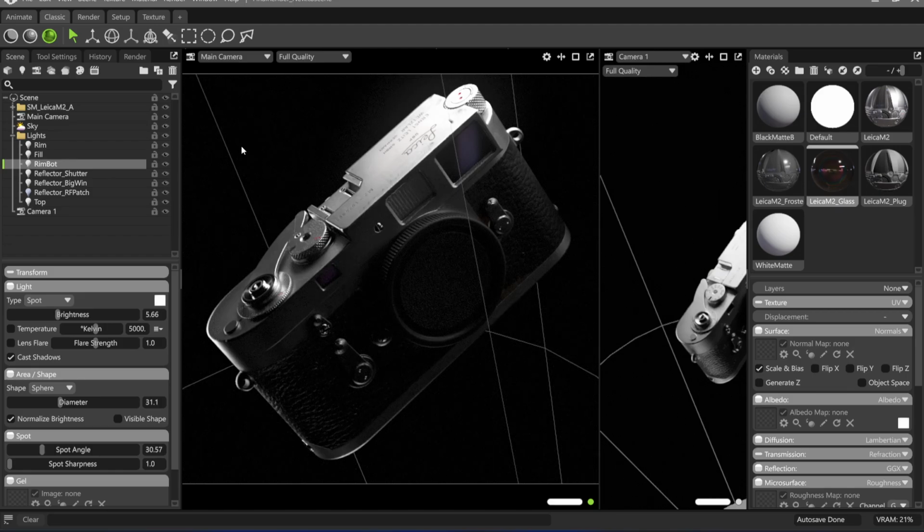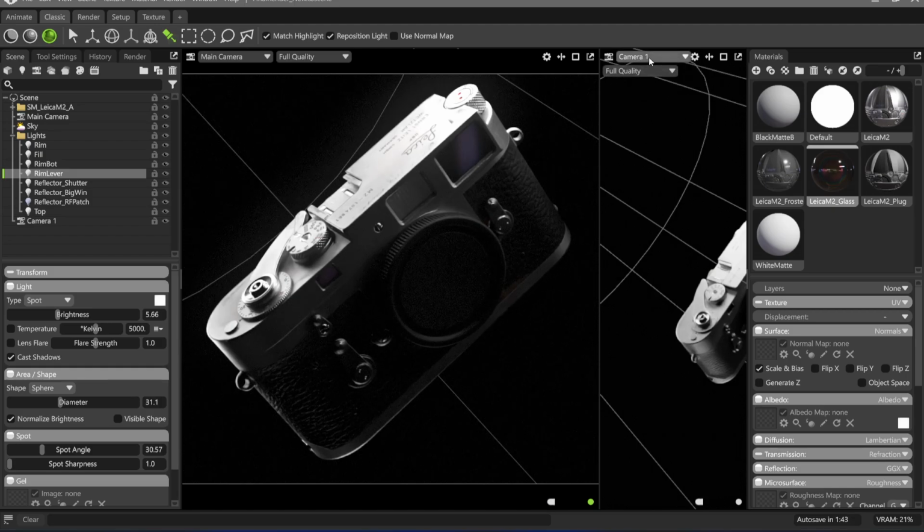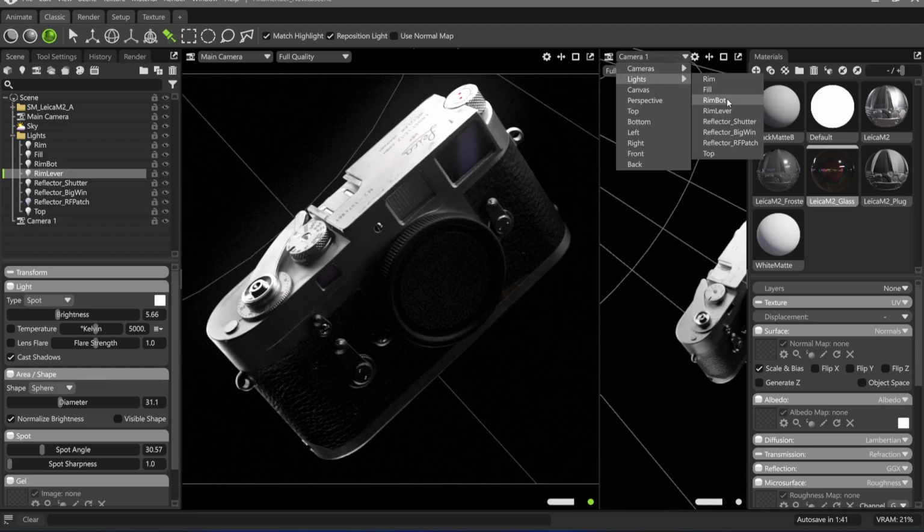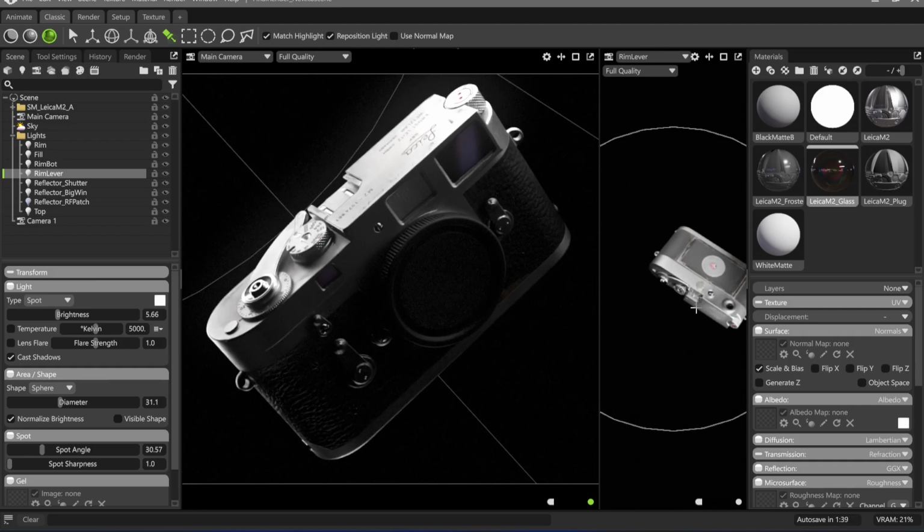So I'm going to duplicate and do a rim for the lever. I'm not sure what's going on, man. I think Marmoset is killing my computer today, and it's probably the reason why I couldn't stream on YouTube. That's very strange though. So let's go into the lights, let's go into the rim lever, and let's try to